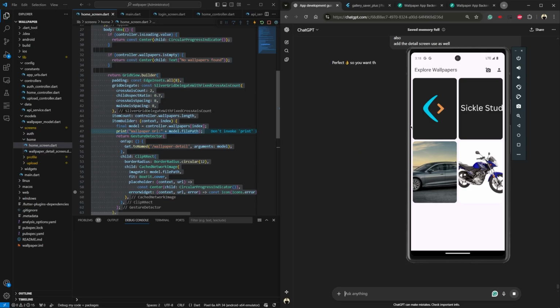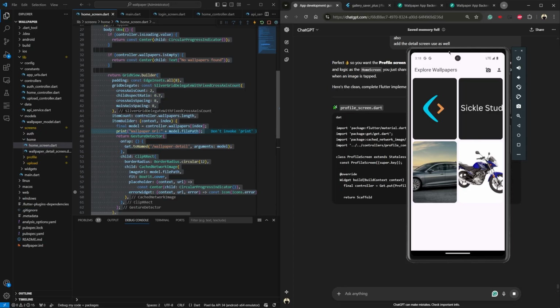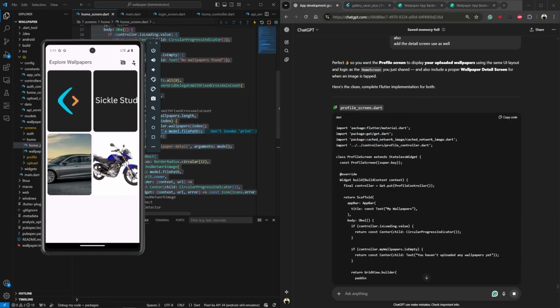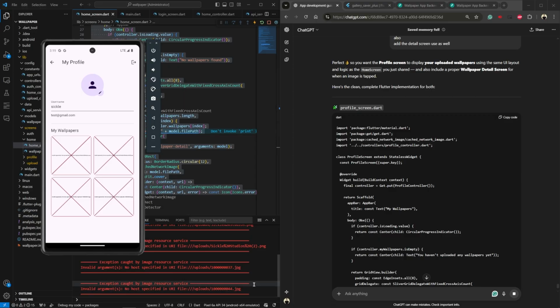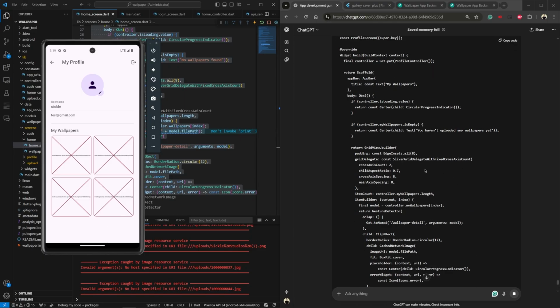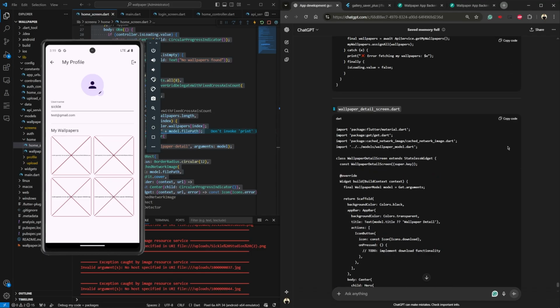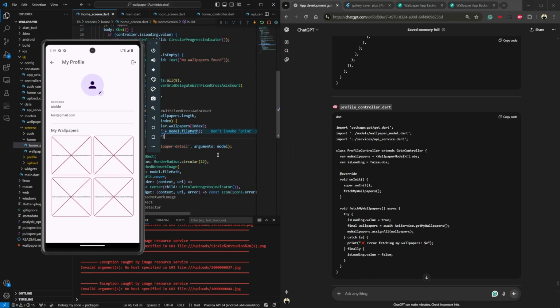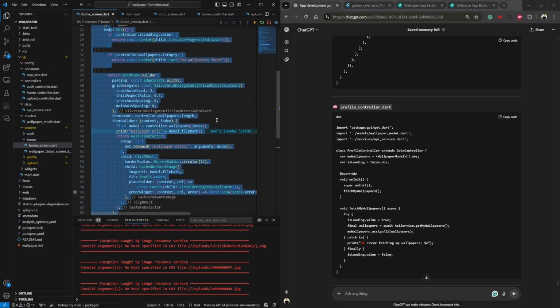So what I did was that the screen that I'm using, the widgets that I'm using over here, I want it to be recreated for the profile as well, so that all the struggle that I went through to get the images in the home screen, I won't have to do this again, and I'll just use the simple code and put it over here. So code is completed. So in the profile screen,